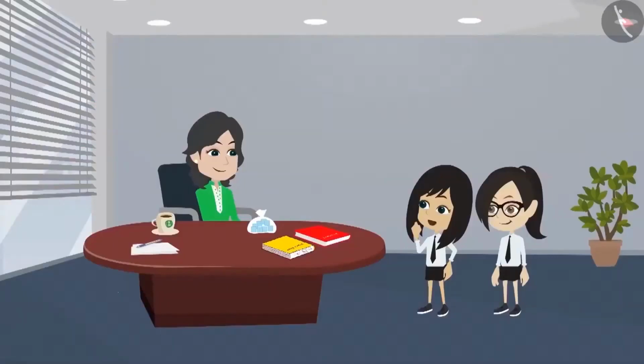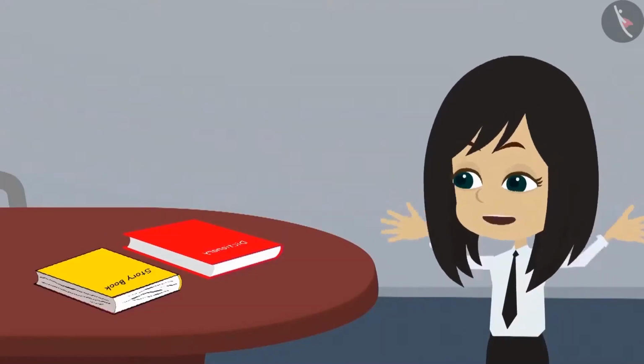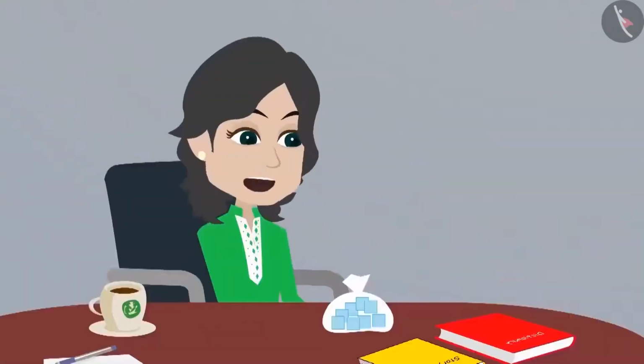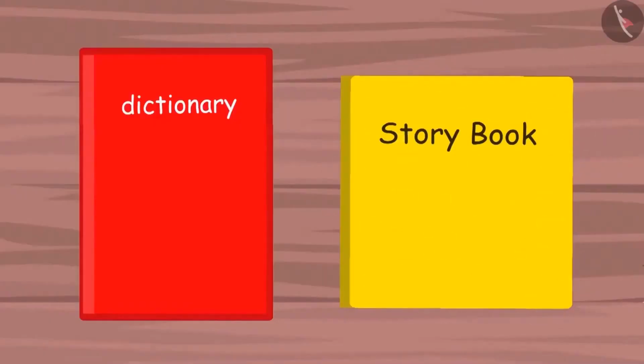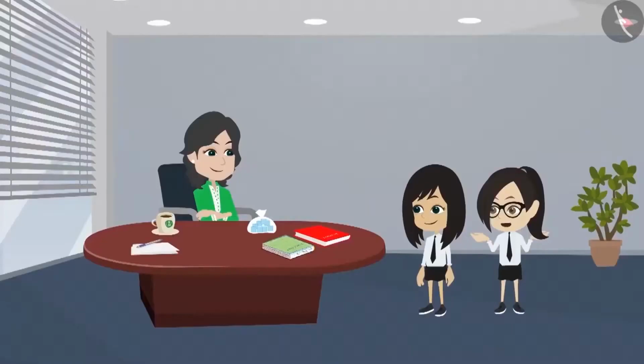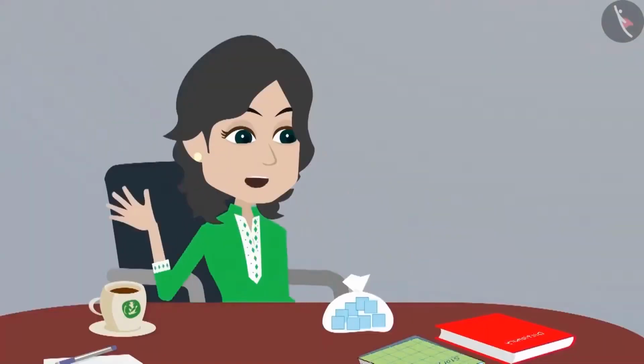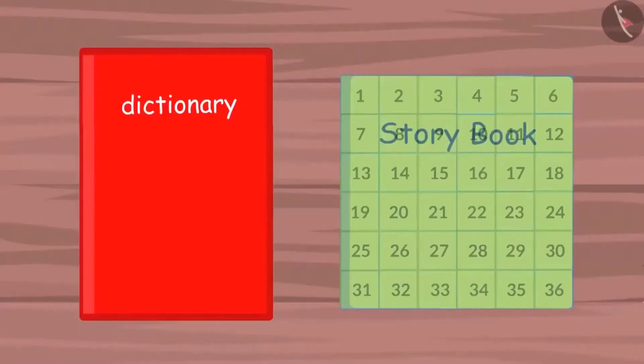Madam, I don't understand fully. Can you show how to perform one book so we can do the other one ourselves? Alright, check this out. This is your book. Now we place the square-shaped plastic pieces on top of this book in such a way that there are no gaps between the pieces. Madam, the book is completely covered with square-shaped pieces. But how do we know the measurement? Of course, we know now that we need 36 pieces to cover this book.